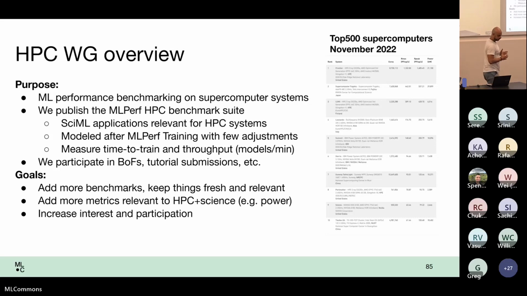Our goal is to keep adding more benchmarks. A big goal we have, especially in these coming rounds, is to increase our popularity, the level of competition in the benchmark, and the level of interest in general. Plus, we have more metrics. We have the throughput metric that we added in the last round, which essentially rewards systems with large scale. So if anyone has access to a supercomputer, an HPC system, we would love to see you submit.